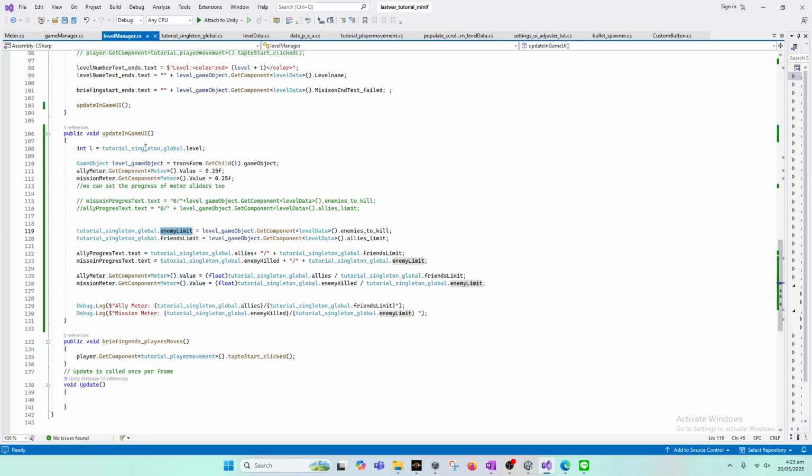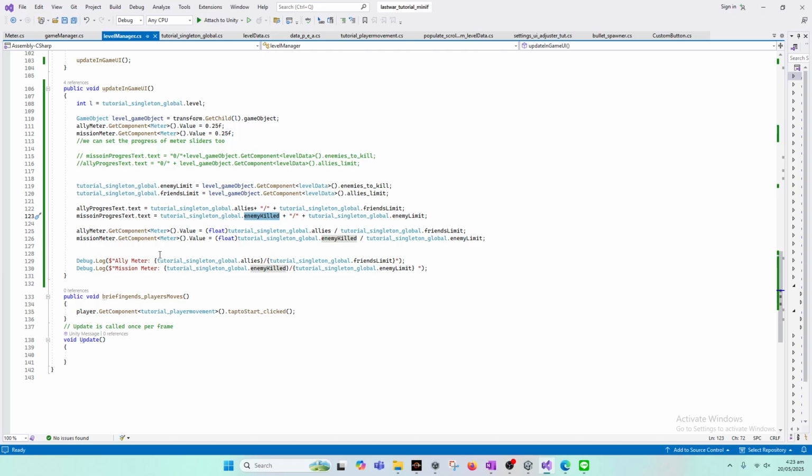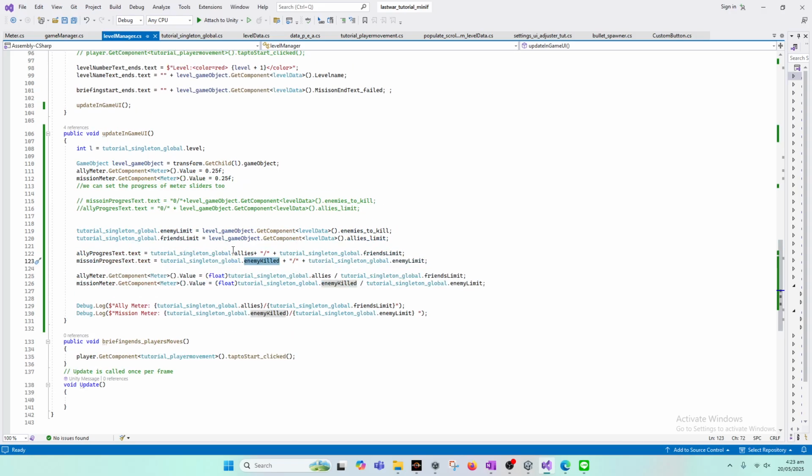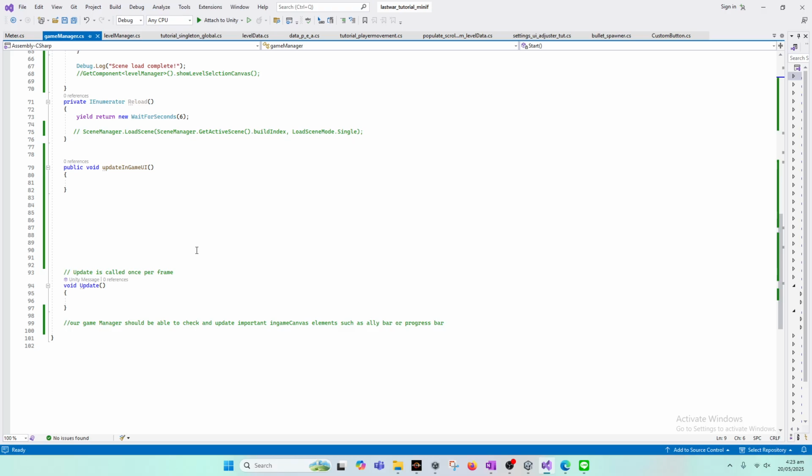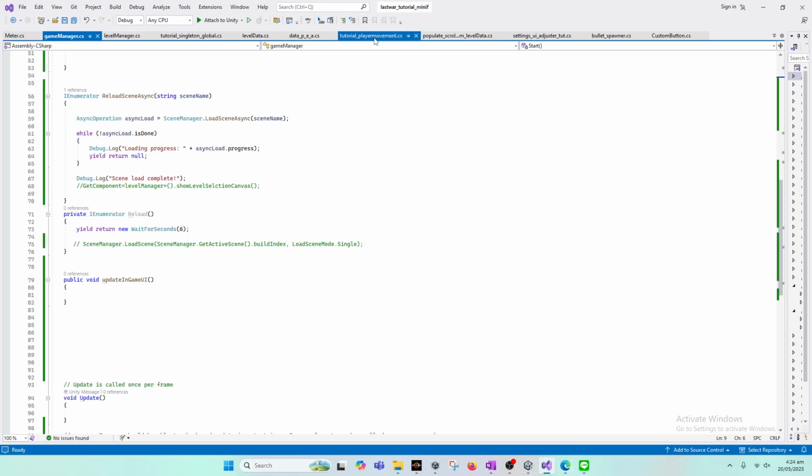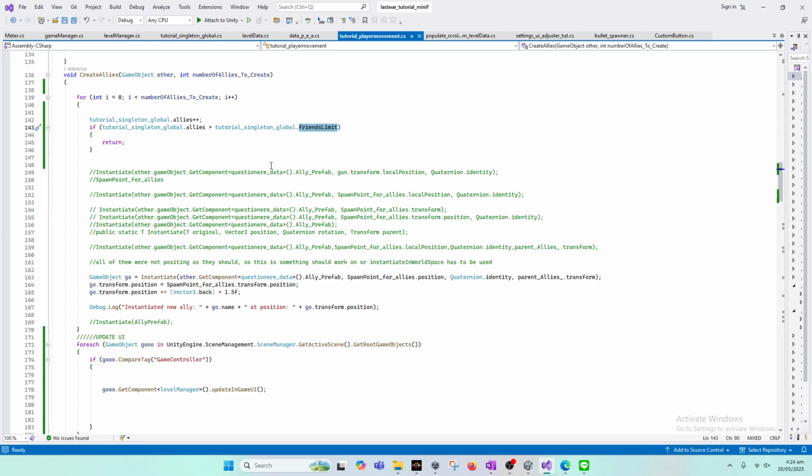As you can see, this is the value for the level, and then this is the allies and enemy killed, which have their purpose served. But the thing is, how is it updating the final value, which is the,